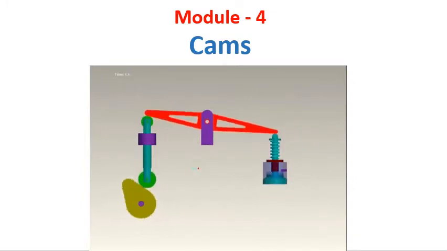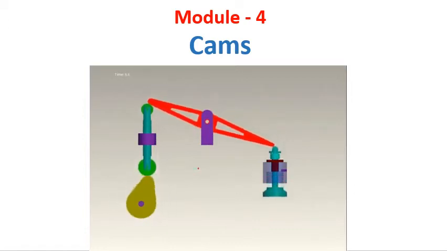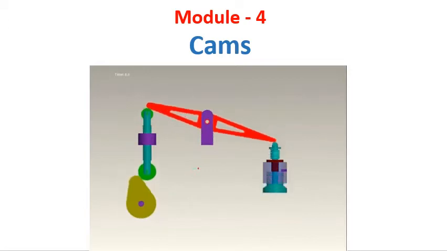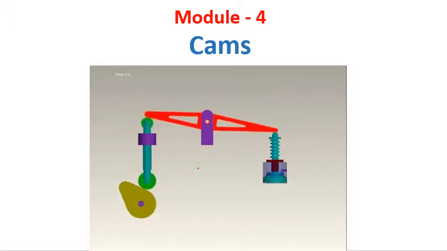We have seen this CAM in IC engine application. To open and close the valve of an IC engine, we use these cams. Now let us define the cam. A cam is a rotating machine element which consists of two major elements. One is cam, another one is a follower, and it gives reciprocating or oscillating motion to the other element, which is called a follower. And this cam and follower have a line contact.